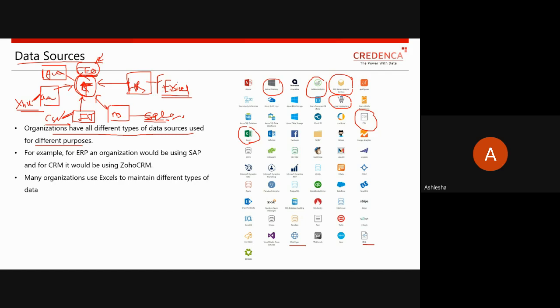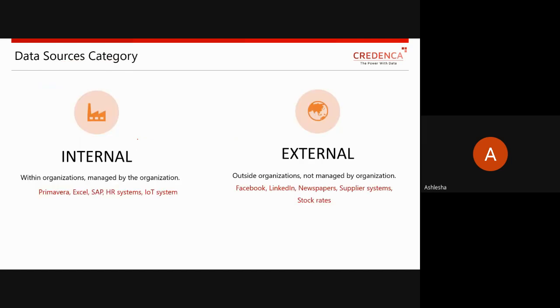But as every department maintains data in different formats, it is your responsibility as an analyst to understand each data source appropriately. That's why understanding this is important for you. Perfect, so this is all about data sources.